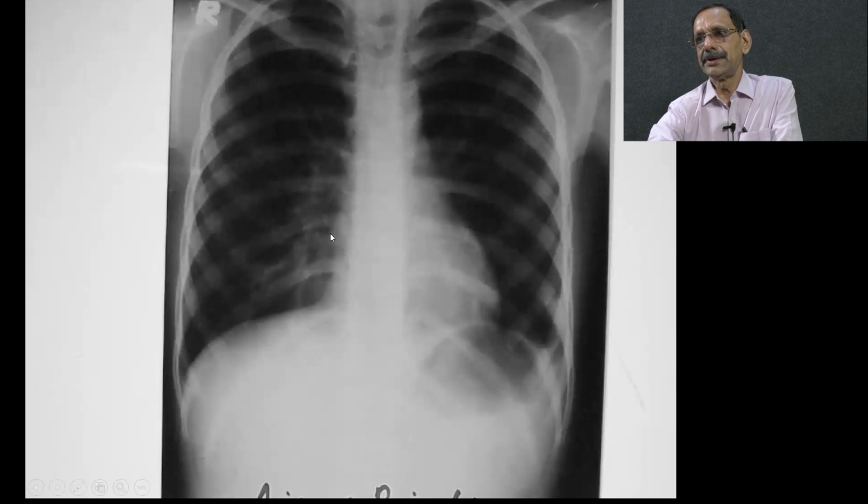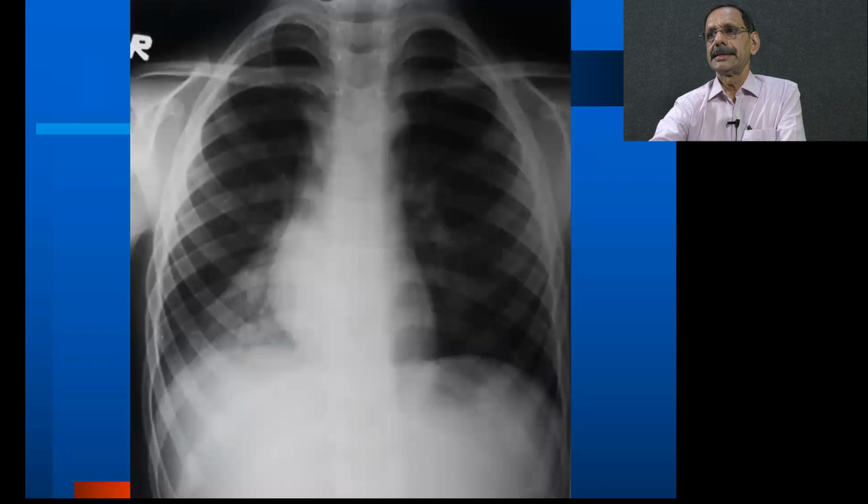Here there is some shadow which is not really in touch with the heart, and what you have to notice is here there is a small effusion which actually is going up. That is why we are thinking more in terms of an effusion. It must be very minimal effusion. This is a child who came with chest pain, so possibly it was a pleurisy and a minimal effusion, possibly because of